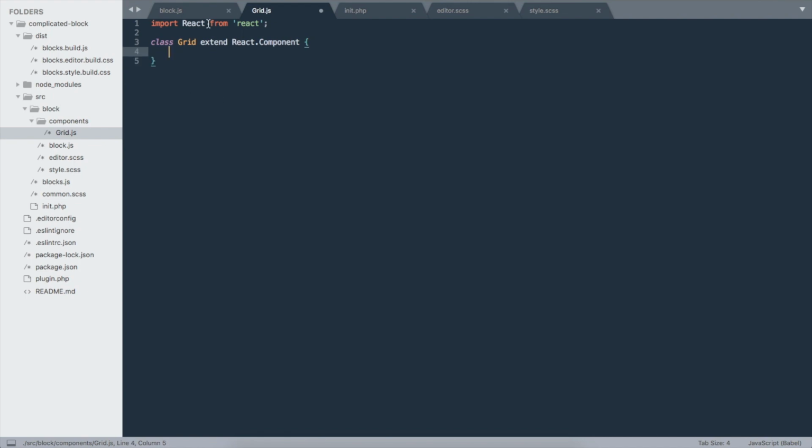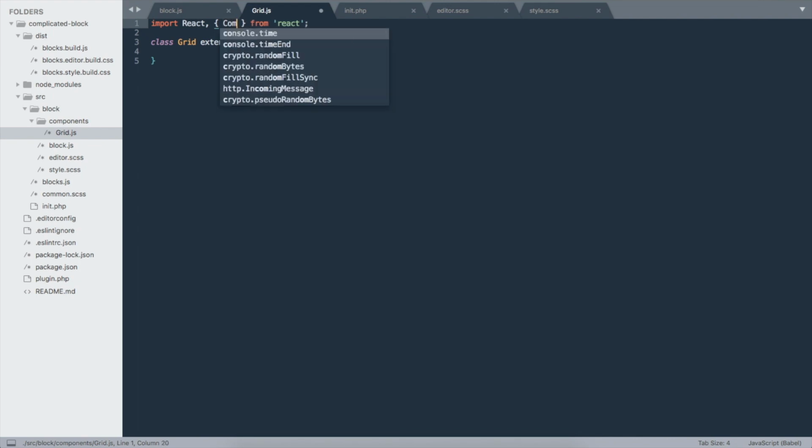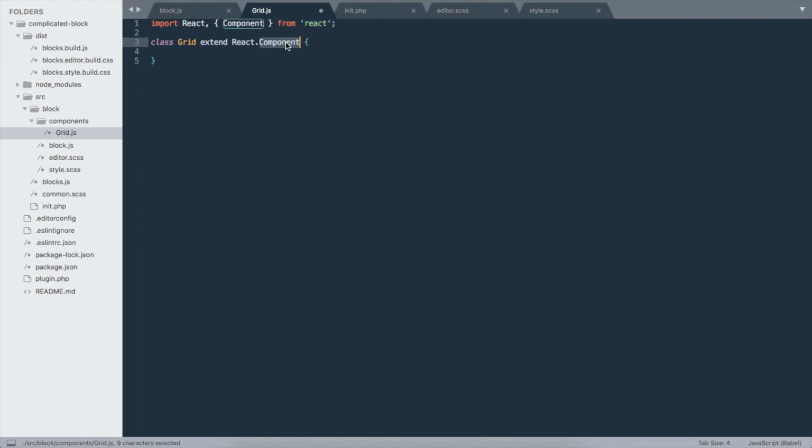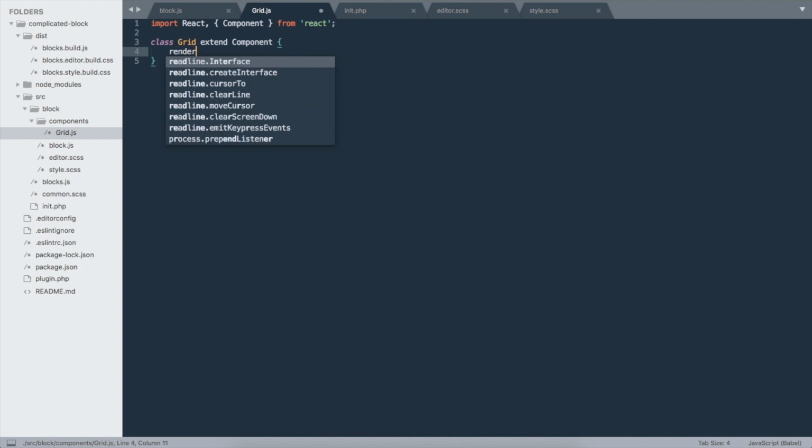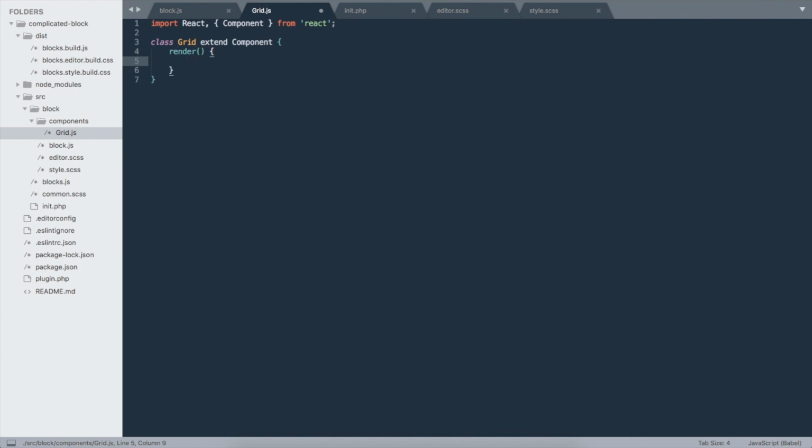Another way to write this that I particularly like better would be to import also Component from React and just write Component here. It looks cleaner to me. And this component, for now, is just going to have one function that's called render. And that function is going to return what we have now